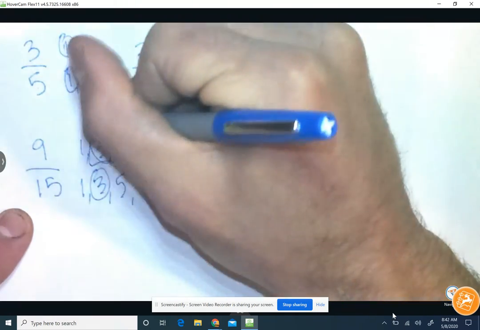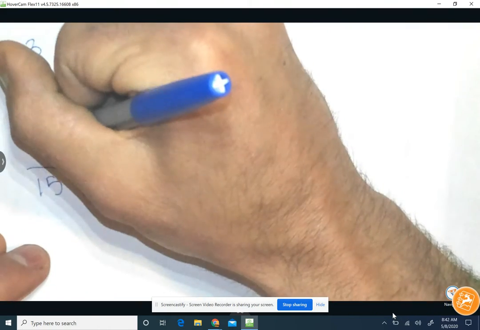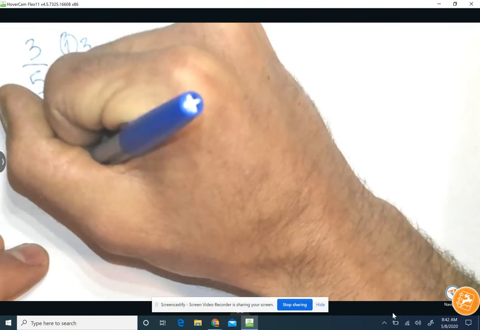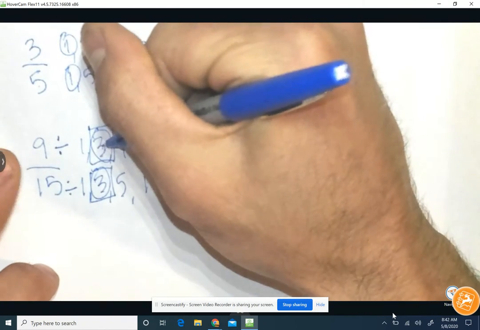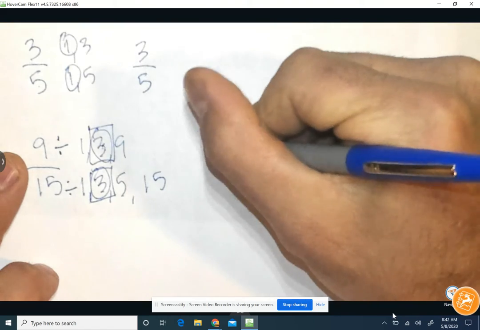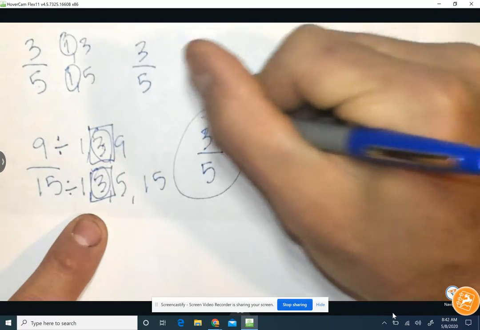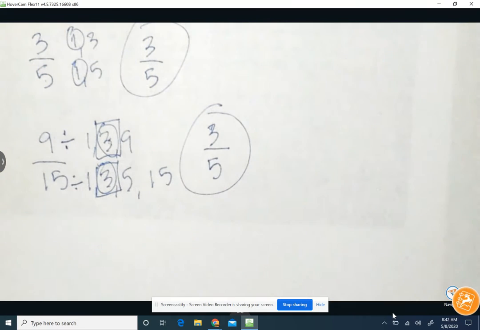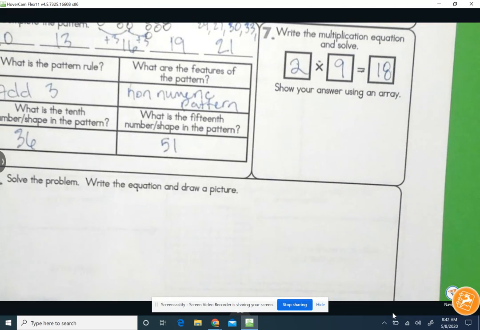Just like number 4, we'll put a box around it. And now we'll do something with it. We are going to divide 9 divided by 3 and 15 divided by 3. 9 divided by 3 is 3, and 15 divided by 3 is 5. And guess what? 3/5 and 9/15 are equivalent, boys and girls. We have landed on a fraction finally, at least in number 8. This isn't number 12, but